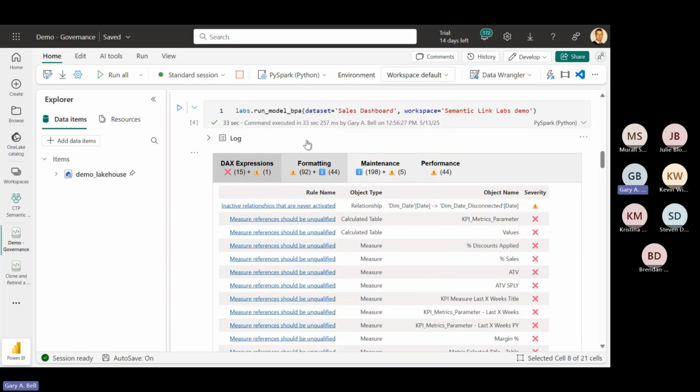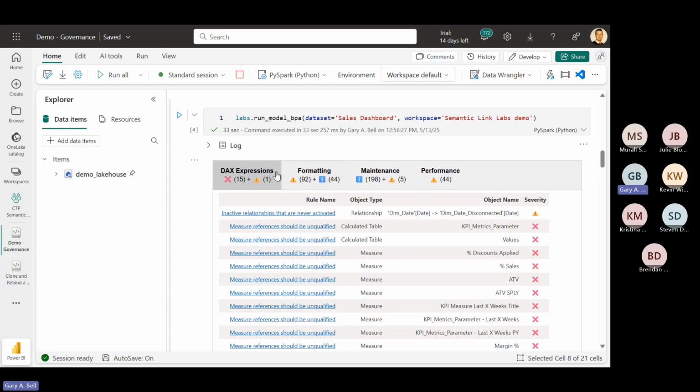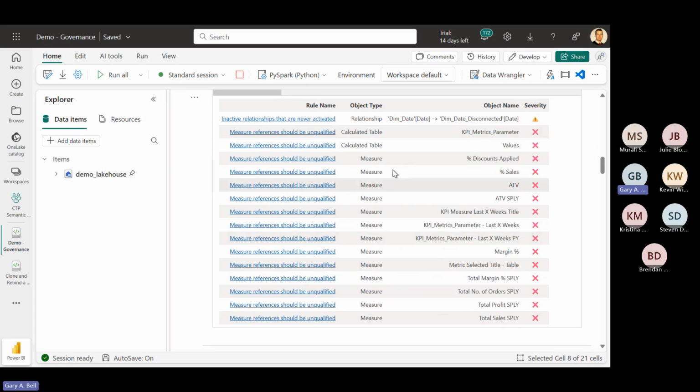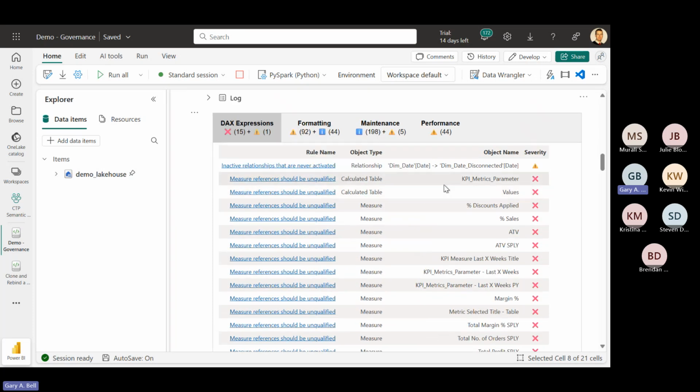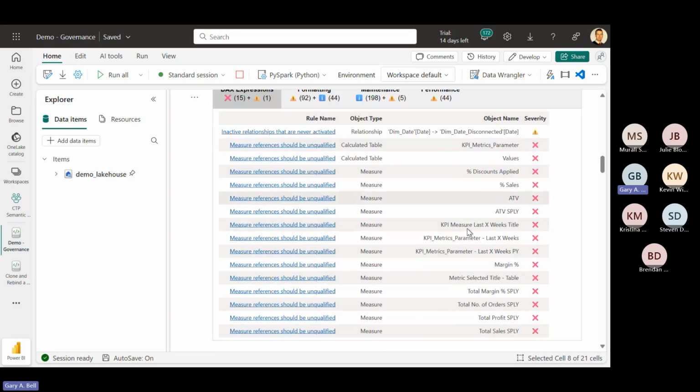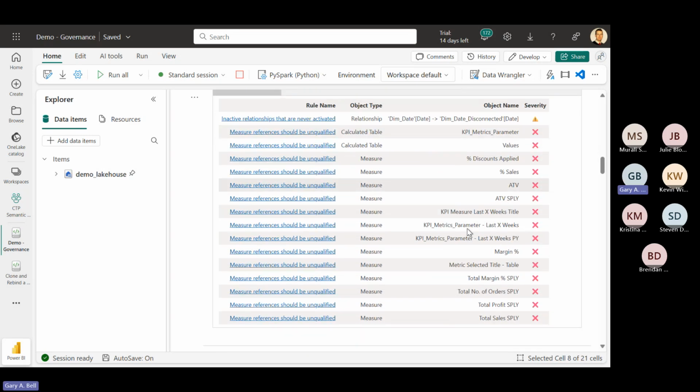What you get after you run that is, across again these four categories, all the various violations or suggestions, I guess is a better way to put it. They categorize them a little differently, more informative versus a warning. I guess these red X ones are problems that should really be addressed. It's just a catalog of some of the things I want to clean up. You have the ability to customize these rules if you really wanted to. We're not going to get into it here today, but if you wanted to change one of these rules, or say, I really just don't care about